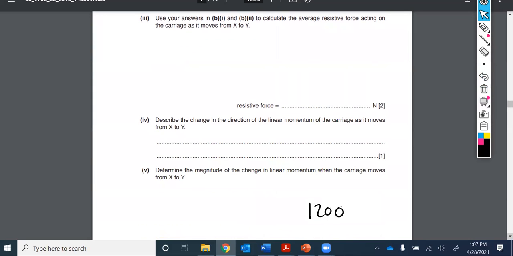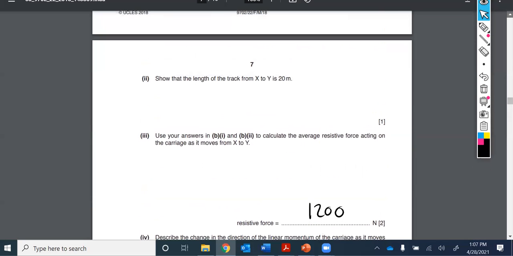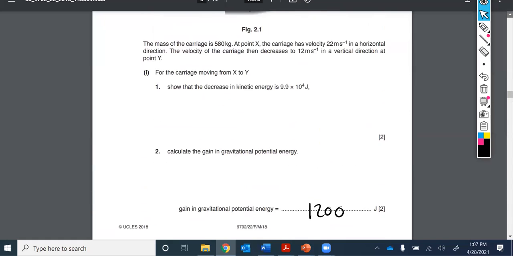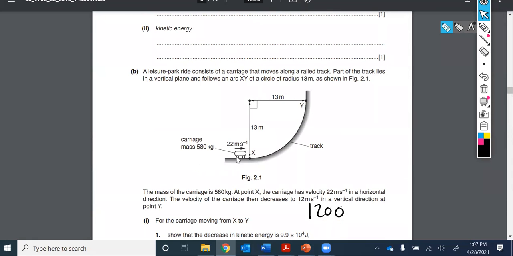It goes on to say, describe the change in the direction of the linear momentum of the carriage as it moves from X to Y, and then determine the magnitude of the change in linear momentum when the carriage moves from X to Y. So momentum is a vector, and we could say that there's a certain momentum in this direction. It has mass 580, it has velocity 22,